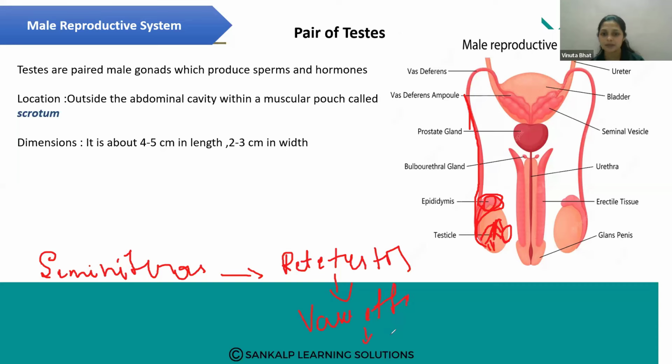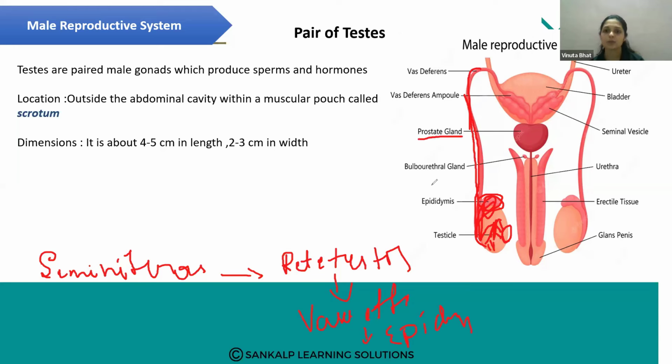Then into the epididymis, where the maturation of the sperms takes place. Then epididymis to the vas deferens. So that carries the sperm, and the sperms receive the secretion from the